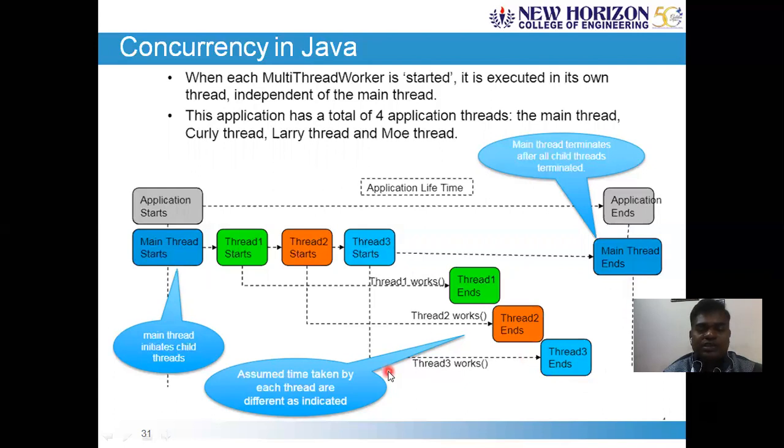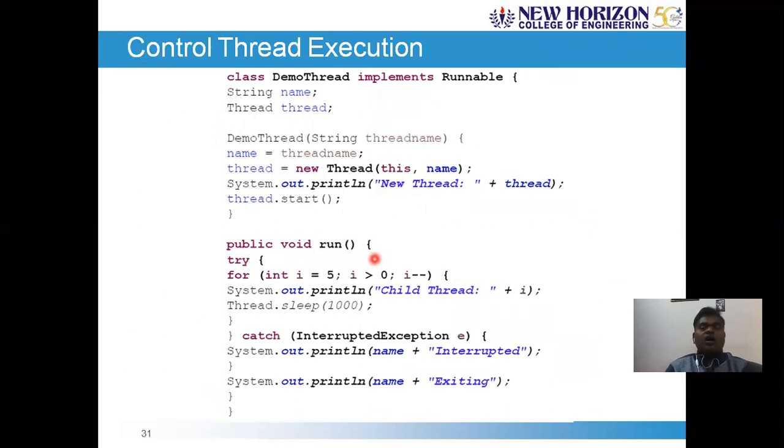In this example, whichever thread started first may terminate at any point; it doesn't need to follow that ordering. The last one generated may complete first. It depends on the requirement and the application that you are building. So once you are done with the recap of concurrency in Java, we'll take a detailed explanation of how you control the threads, the thread controlling mechanism.